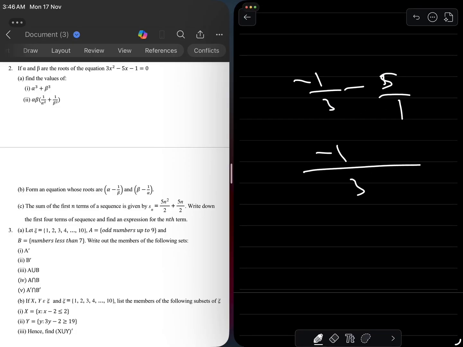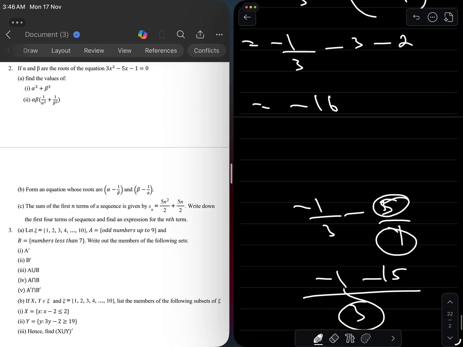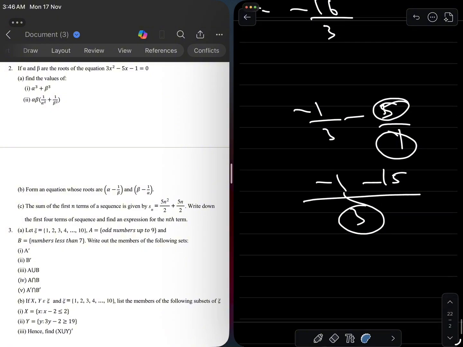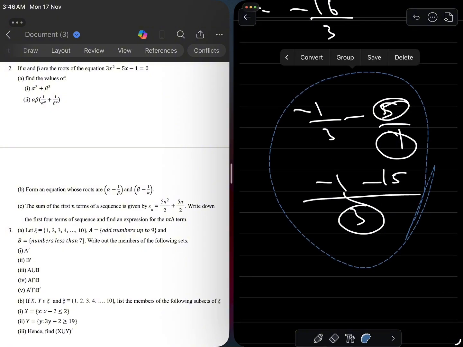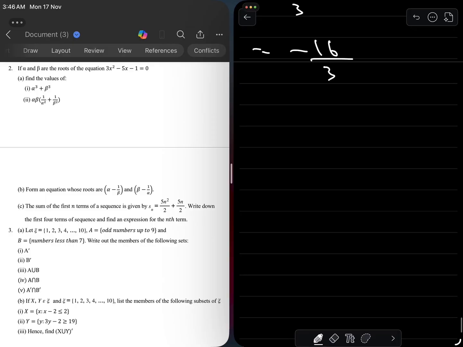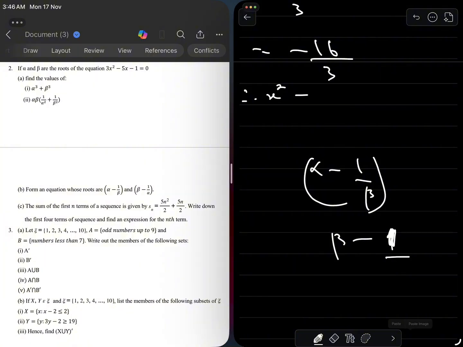3 divided by 1 is 3, times 5, 15. And that's minus 16 over 3. So the product of the roots is minus 16 over 3. And that therefore means that the equation whose roots are alpha minus 1 over beta and beta minus 1 over alpha